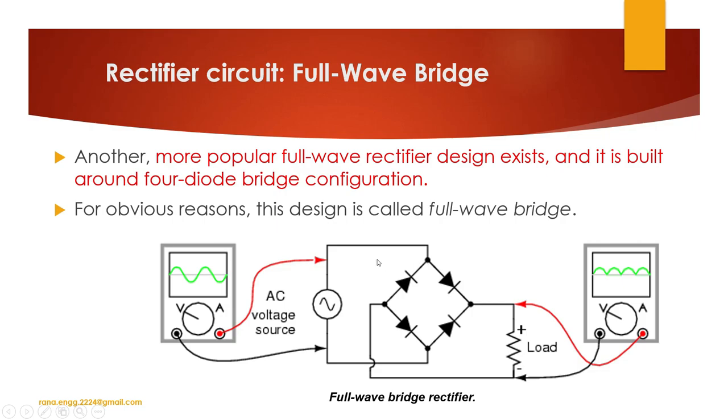Now in center tap, the current was divided between 2 diodes and the voltage was divided into 2 parts. Here voltage is divided across these 2 points only. Okay, and output we are calculating at the load resistance. So this is the expected output, this is our input. Now you will see how it works.